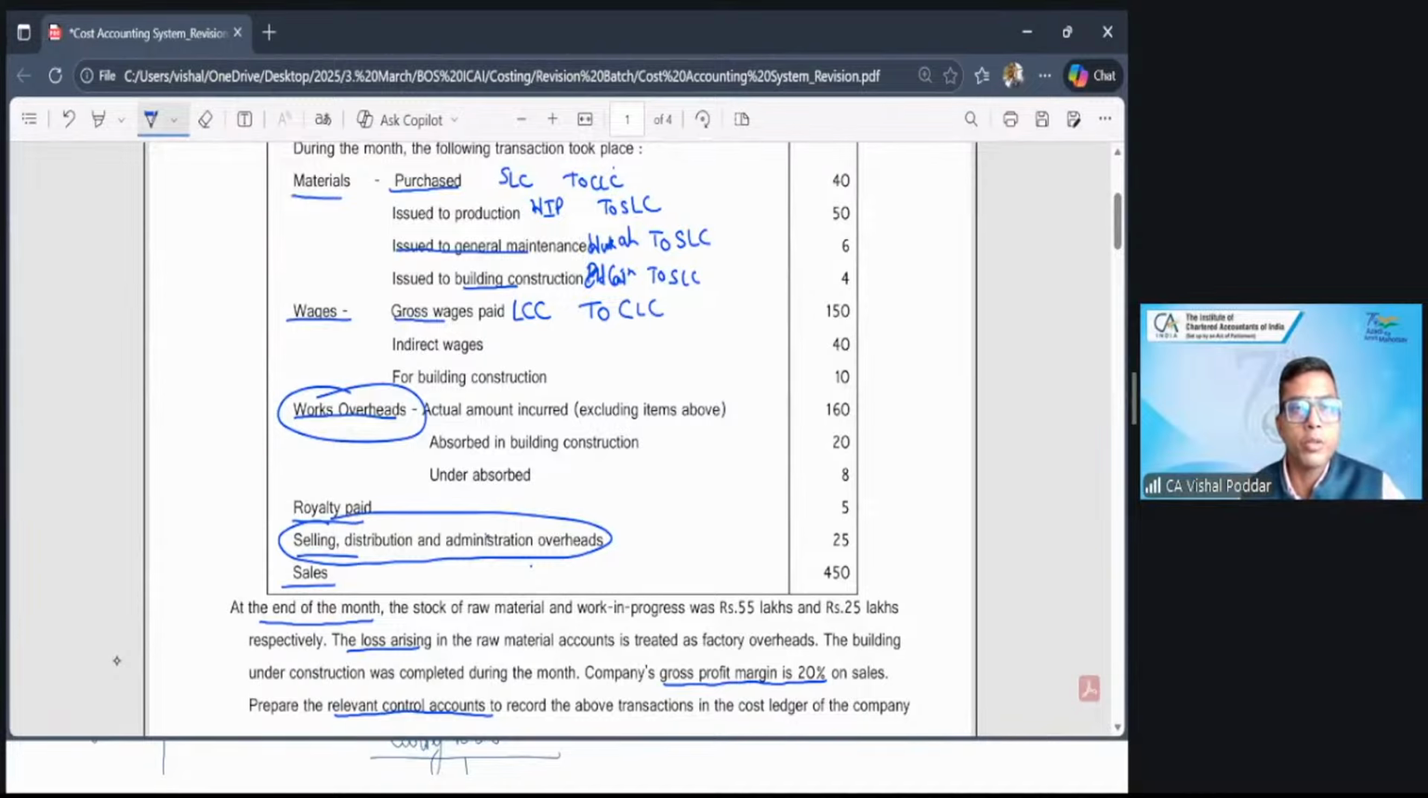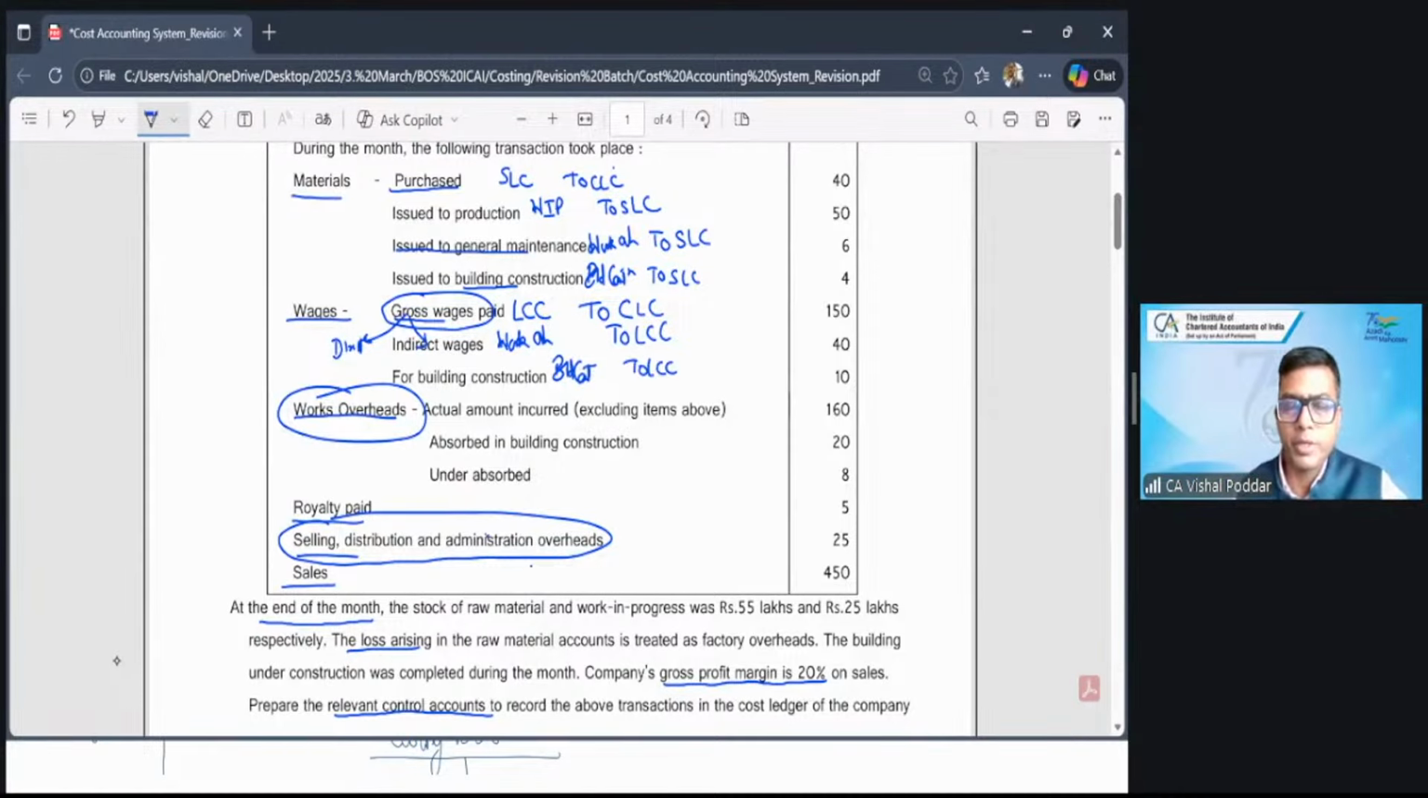Now, in gross wages, there are two components, direct and indirect. So out of this total gross wages, how much is the indirect component? 40. Now again, we know what is to be done for indirect wages. Indirect wages is part of works overheads. So we will shift it to works overheads account from the LCC account where it is debited. So works overhead is debited. LCC, who is the giver, will be credited. Similarly, building construction,